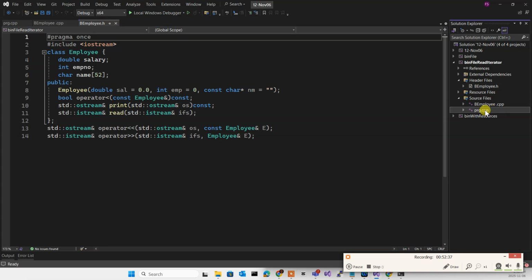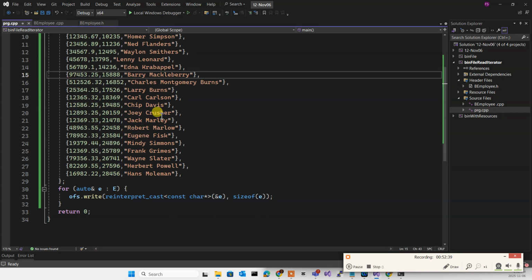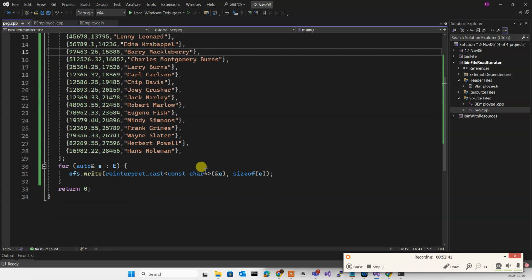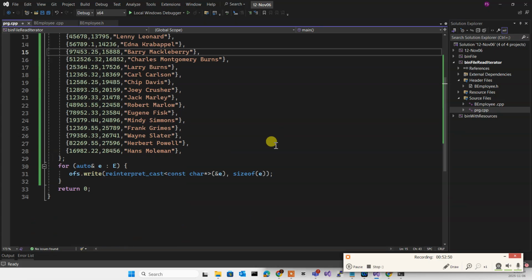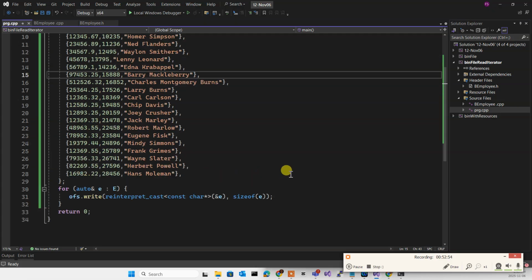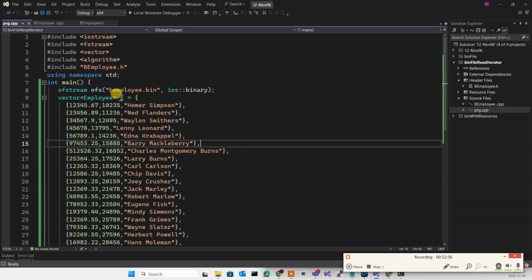Now in my program, that's what I'm doing. I'm creating a vector of employees, and simply I'm going to go through every single one of them and write it in bEmployee.bin. Easy, right? So what I'm doing, I'm saying write, and I'm going to give it a constant character pointer and size of employee. So essentially, it goes through every element of the vector over here, one by one, it dumps